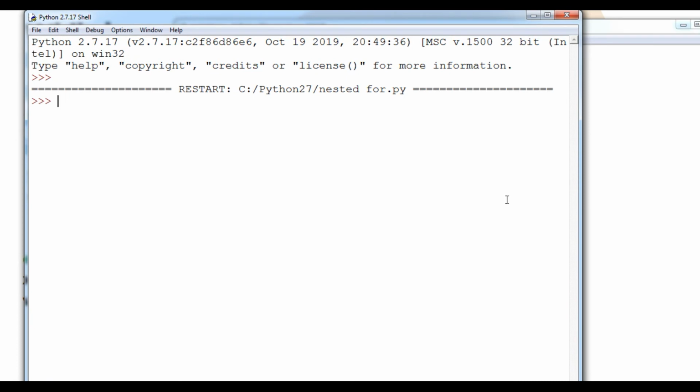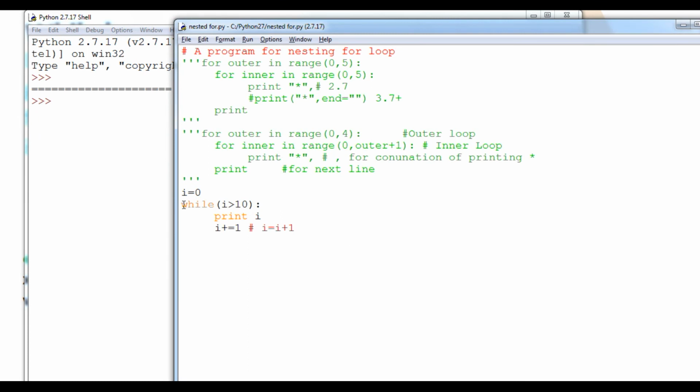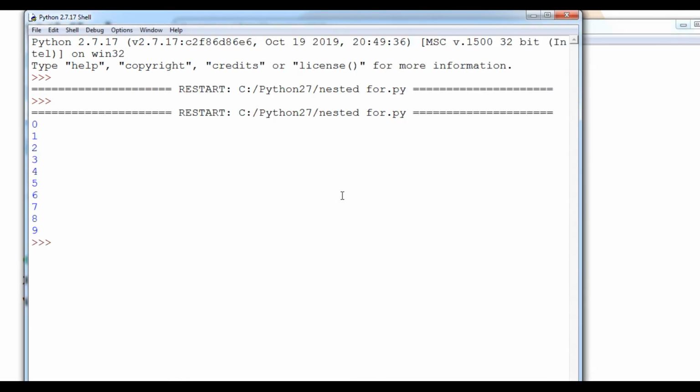Now you can see nothing will print. Why? Because the loop is going to be terminated, because it checked the condition first before the loop body execution. So here I equals 0, and 0 is not greater than 10. If I am going to do this one thing, what will the output look like here?